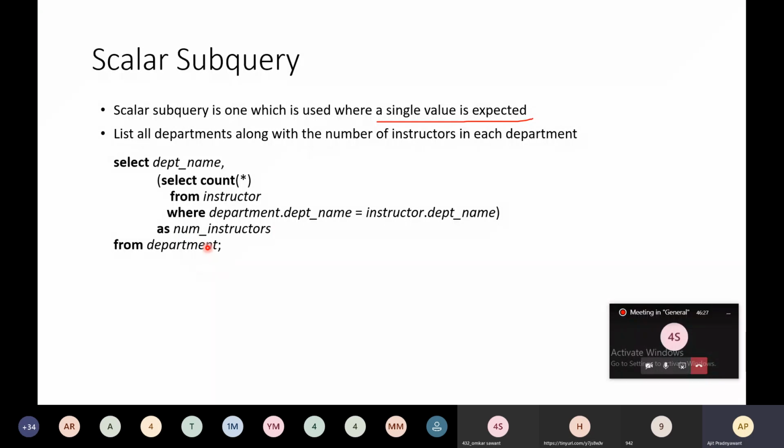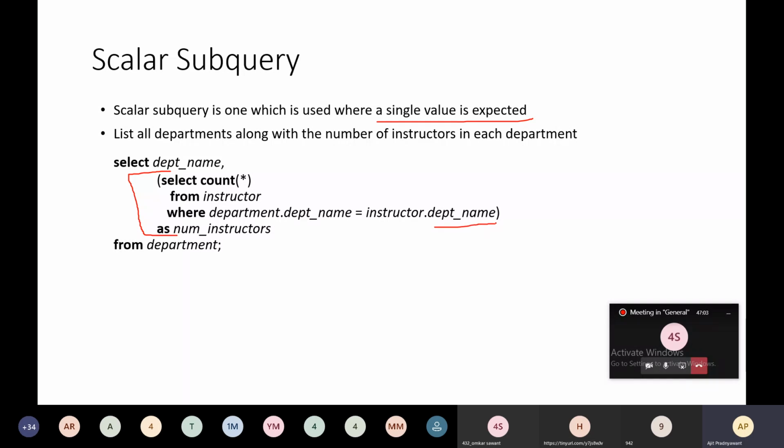So this query will retrieve the department name along with the number of instructors present in each department. In the query itself, select all departments along with the number of instructors in each department. This is how we have written the subqueries in the select clause. So select department name, comma, and after that select count from instructor where department dot department name is equal to instructor dot department name.